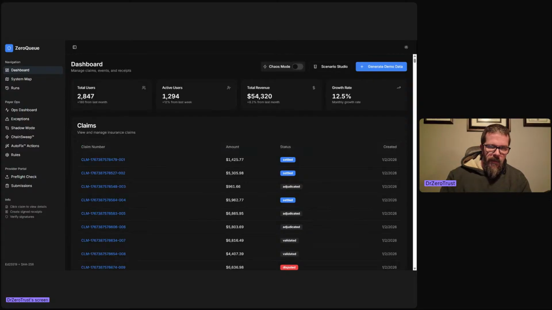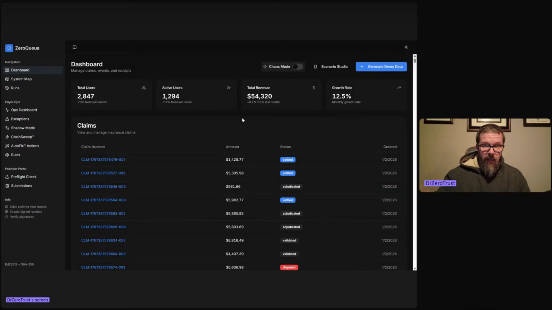Okay, so this is the dashboard. You can see that we've got a lot of claim information coming in here, different amounts, different statuses, etc. And again, we're just hooking in through a program interface on another application. So easy to get to. As long as they can send and post that data, we can get that data and use it for these purposes. Users, active users, revenue, etc. And all this is changeable. It's just stuff that I threw together for the purposes of generating the demo.